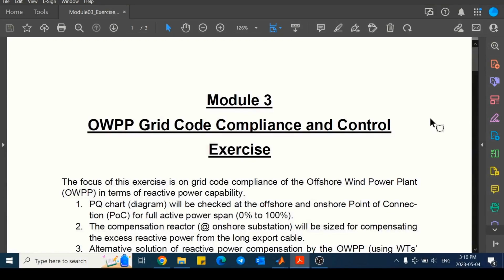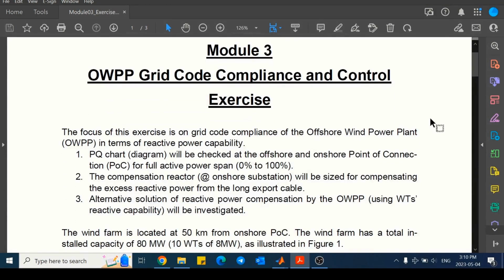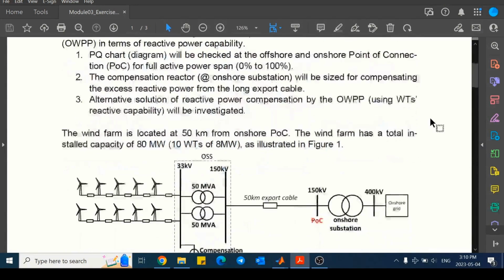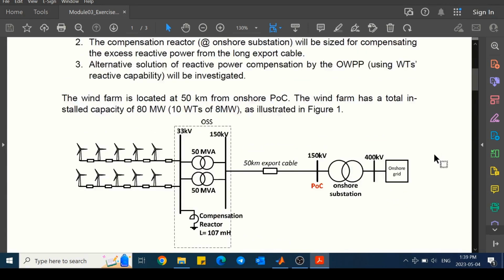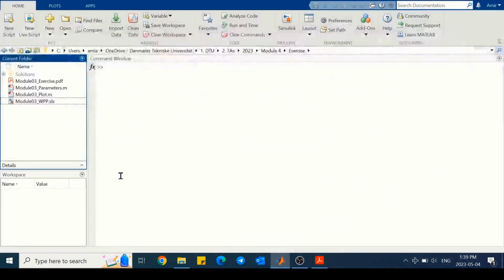Hello everybody. In this exercise we are going to study the grid code compliance of wind farms. For this purpose we are using a system which consists of 10 wind turbines that is connected to the AC grid via AC transmission. If we open the provided Simulink model for this exercise, we can see that it also consists